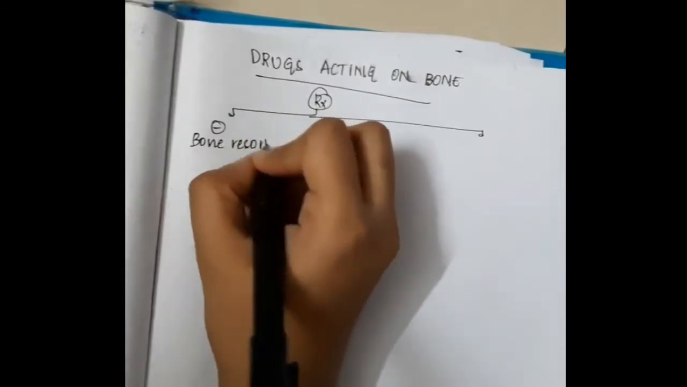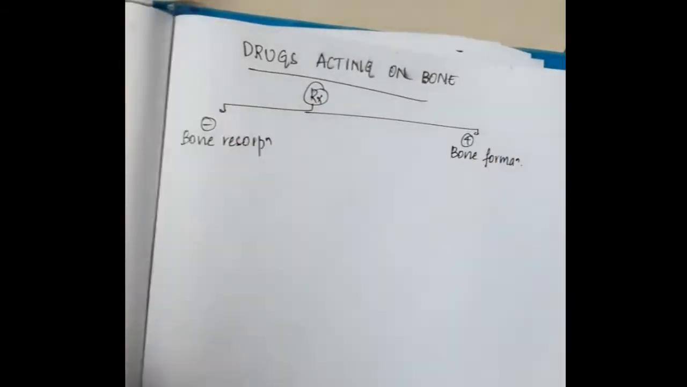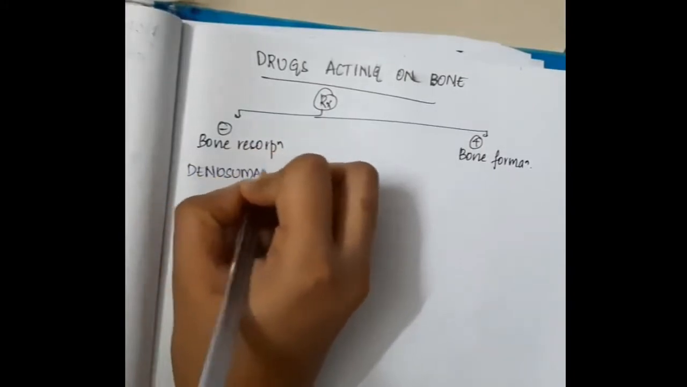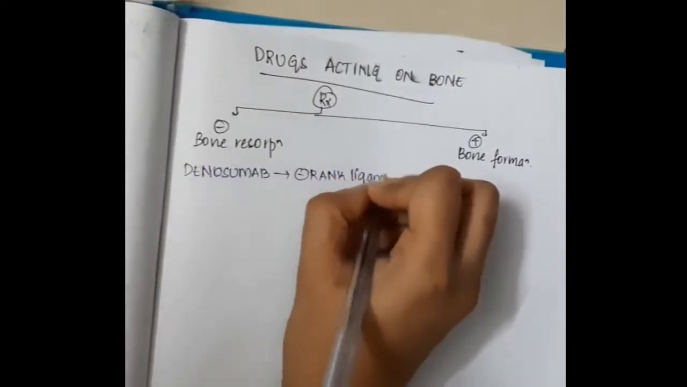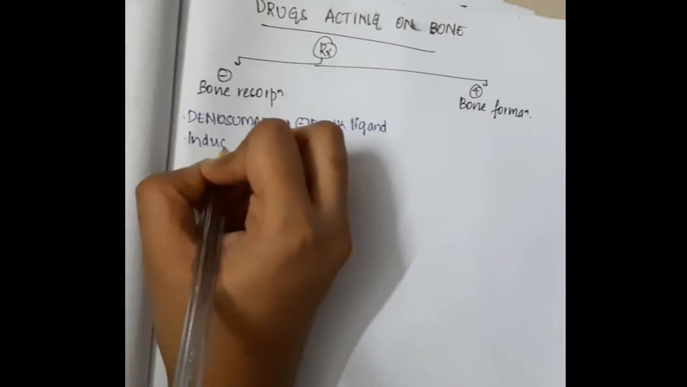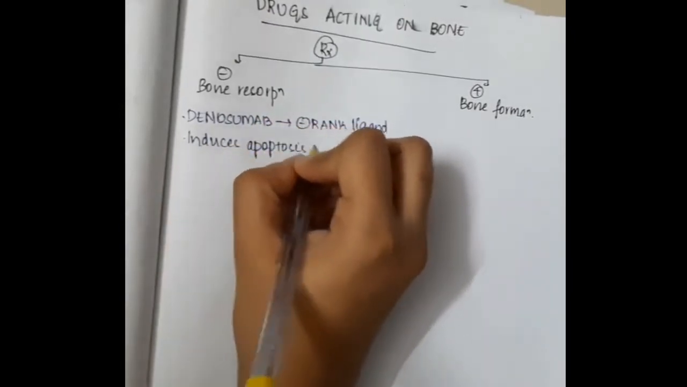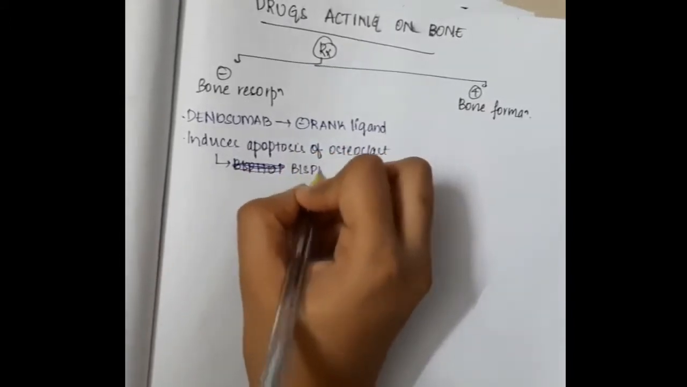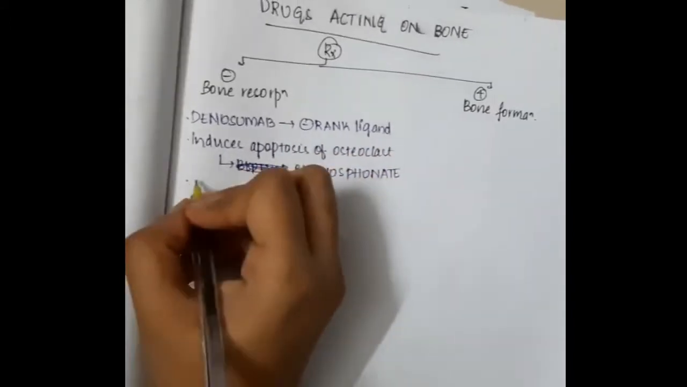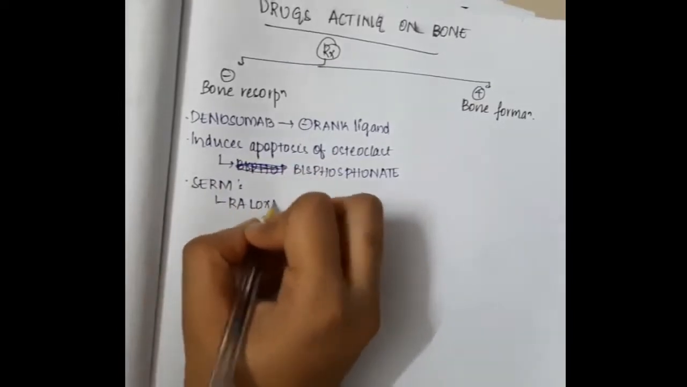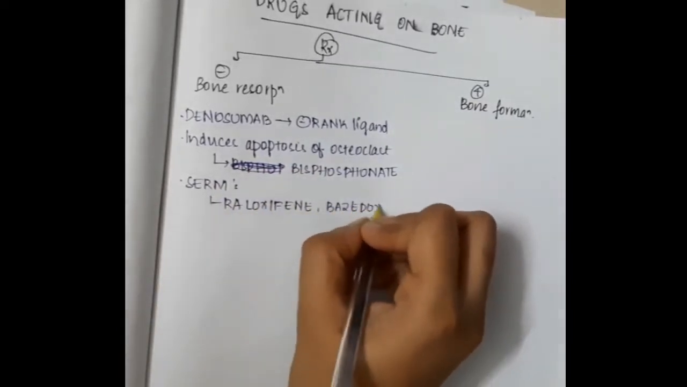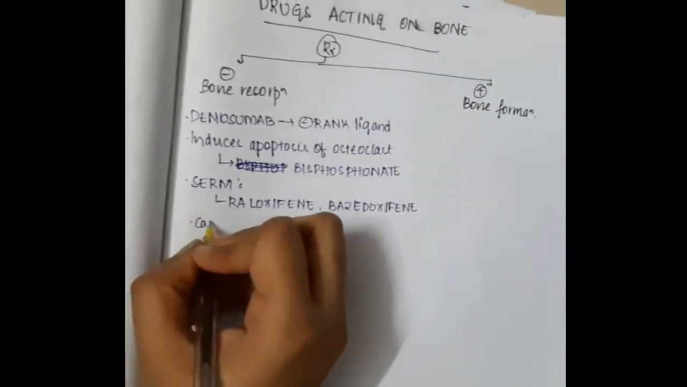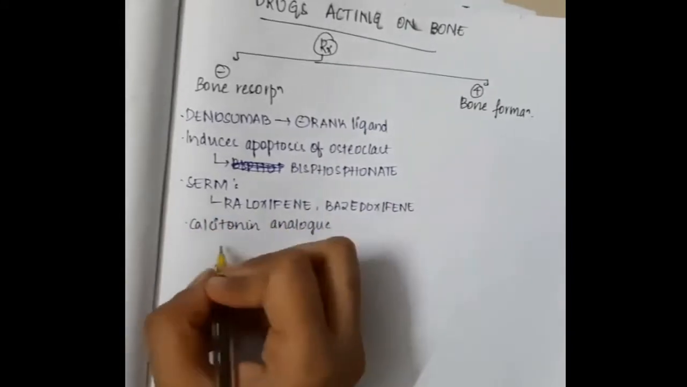So, we have two different types of drugs acting on bone: those which inhibit bone resorption and those which activate bone formation. Among the drugs which inhibit bone resorption, first we have denosumab. Denosumab inhibits RANK ligand. Then there are drugs which induce apoptosis of osteoclasts, which include bisphosphonates. Then we have selective estrogen receptor modulators, which include raloxifene and bazedoxifene. Then we have a calcitonin analog, which includes